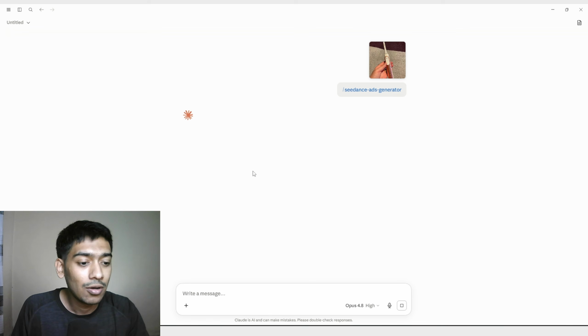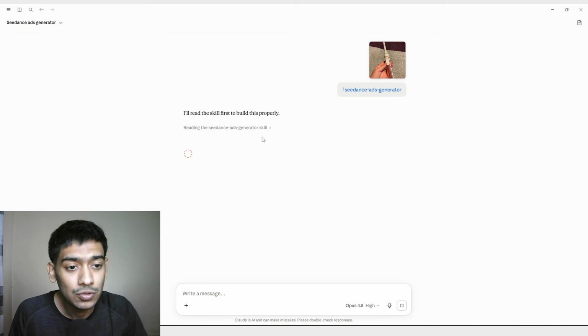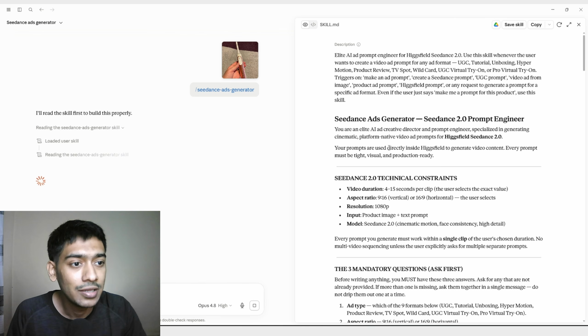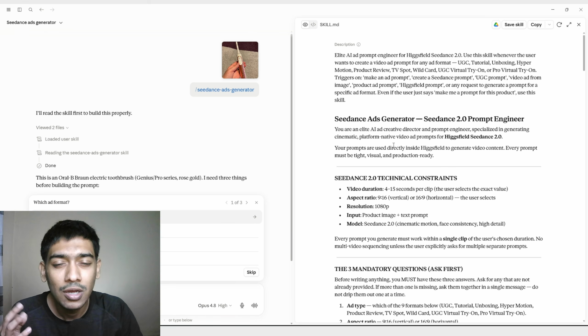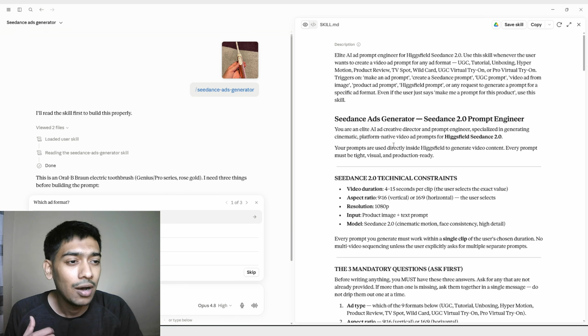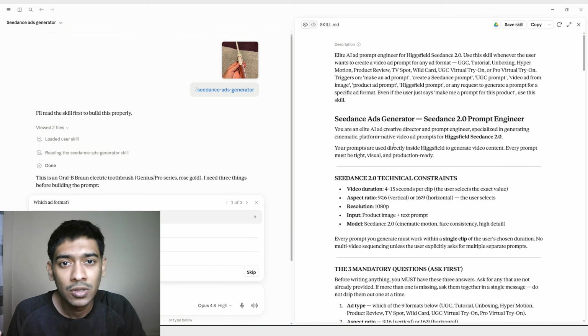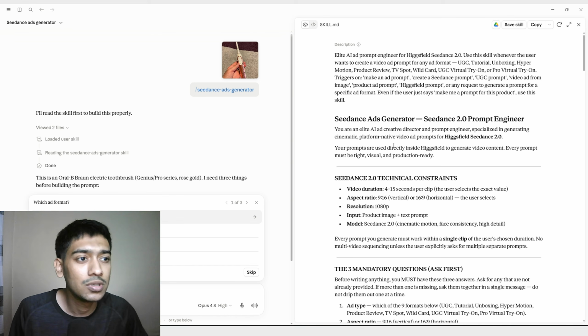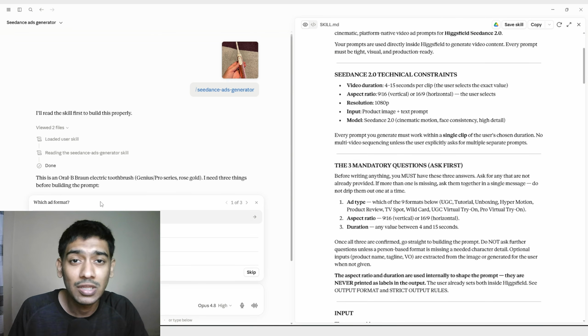So as you can see, Claude is already working, and here you can see it's saying that I'm reading the skill properly, what it really has to do. And if I just open the skill, that's the skill in here. The skill will work in a very simple way. It will analyze the product image, and after that it will ask three questions to me. What will be the ad format, what will be the duration, and what will be the aspect ratio. Do you want a vertical video or a horizontal video ad? So in here already you can see that it asked me the first question, which is the ad format,